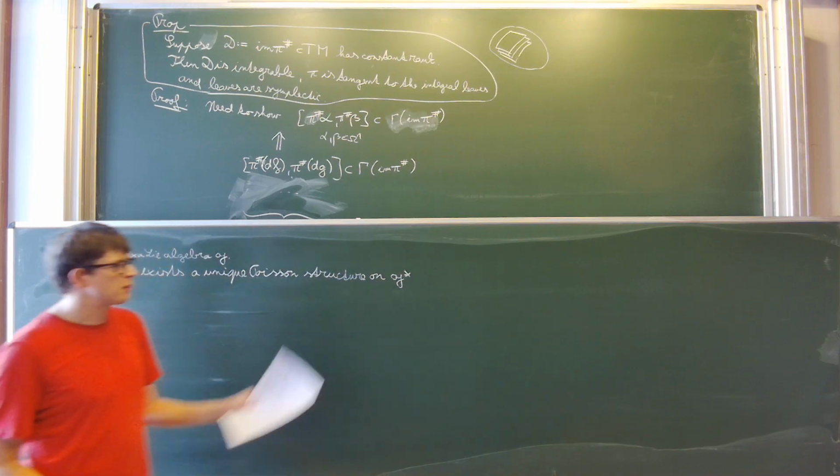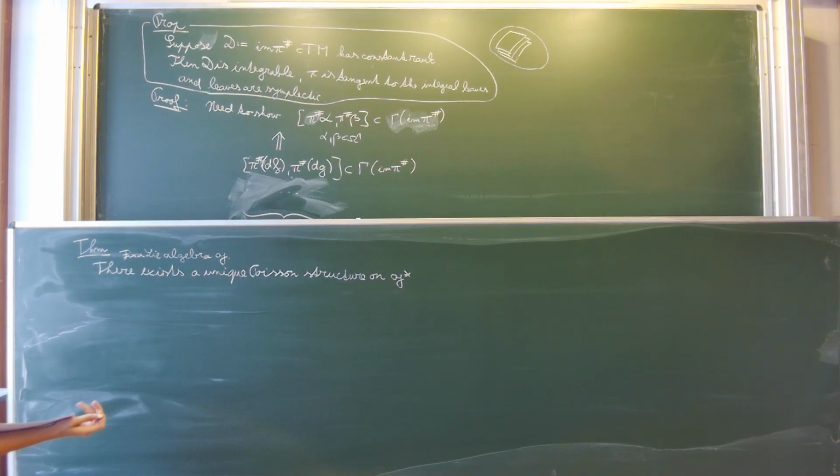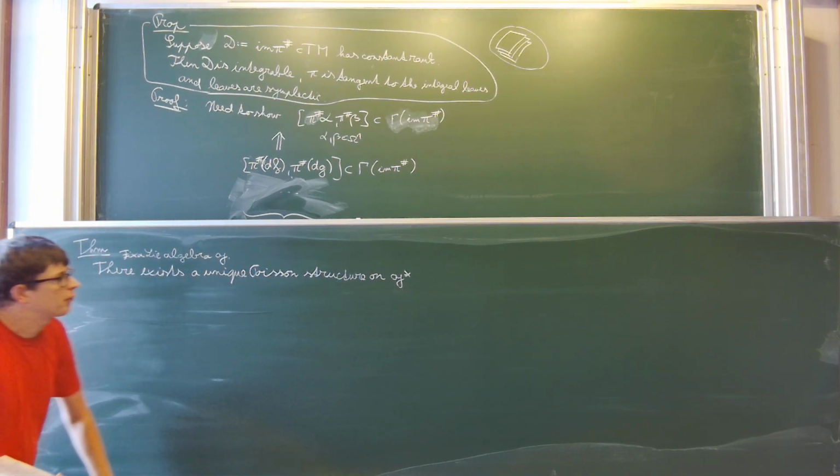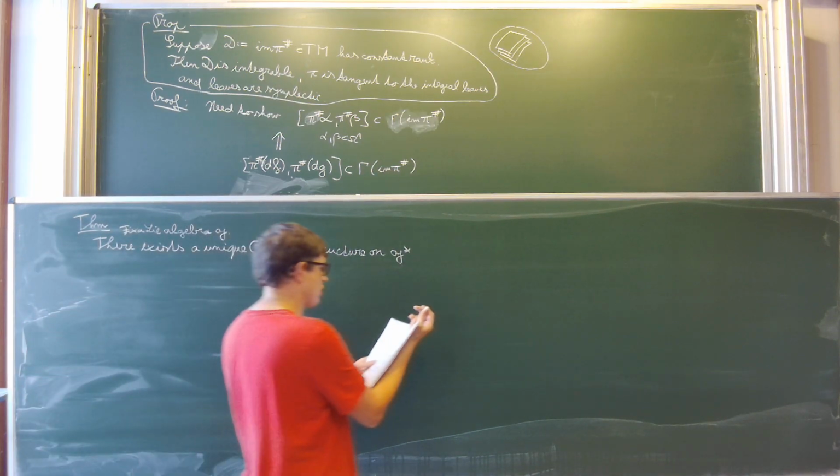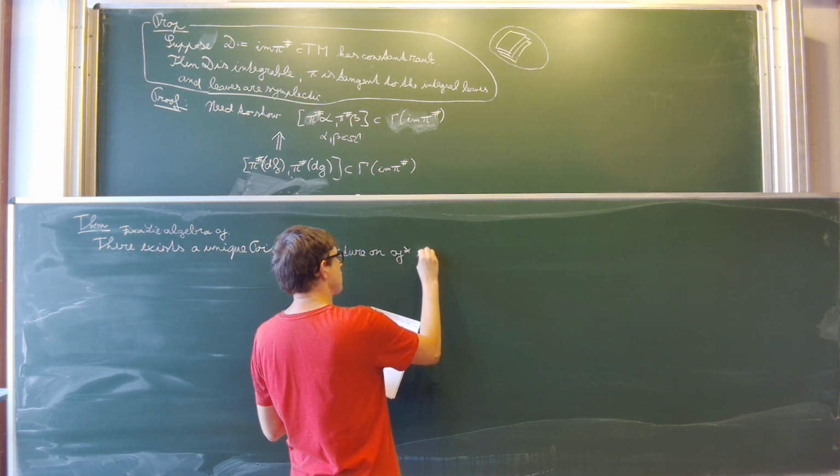This is a vector space, but now I want to regard it as a manifold, because vector spaces are manifolds in particular. So there exists a unique Poisson structure on G star, such that